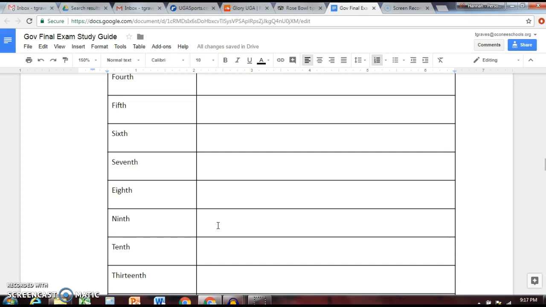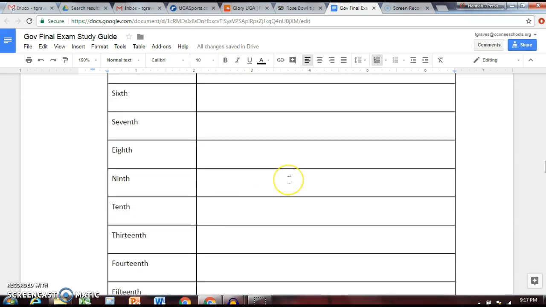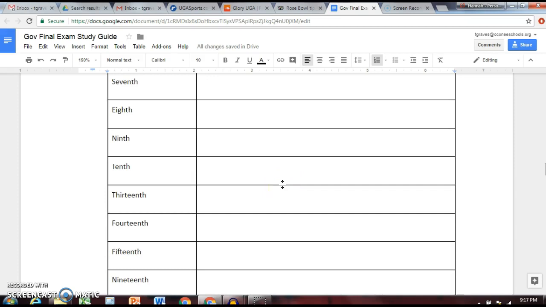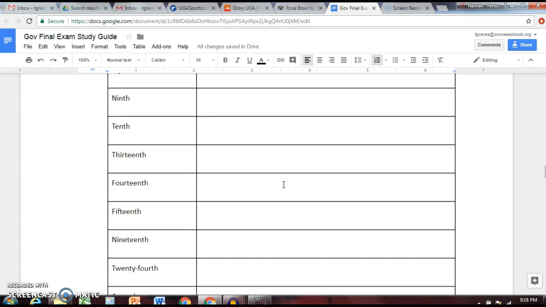I'm going to look at a couple other ones here real quick. The Civil War amendments, or the Reconstruction amendments, start with the 13th, and that's the amendment that freed the slaves after the Civil War. We also have the 14th Amendment, which made the former slaves, the freedmen, full citizens in the United States. The 15th Amendment gave all people the right to vote in the United States, that you cannot be denied the right to vote based on your race, color, ethnicity, all those things. The 19th Amendment gave women the right to vote, which is very important.